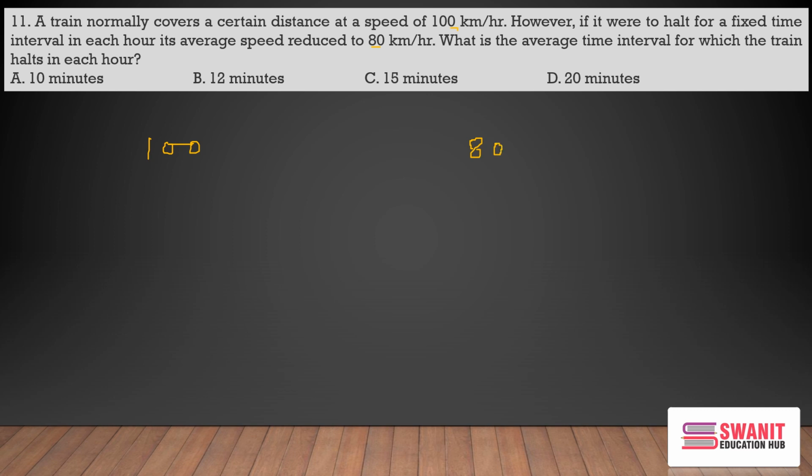What is the average time interval for which the train halts in each hour? Let's understand. In 1 hour, with this speed, it will cover 100 kilometers. In 1 hour, with this situation, it will cover 80 kilometers,